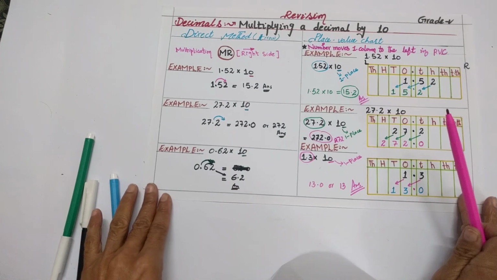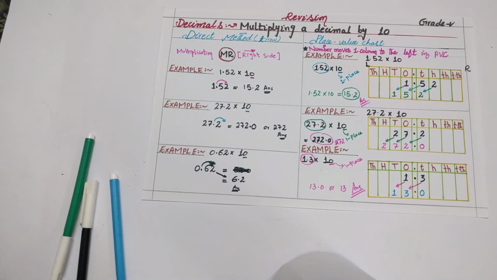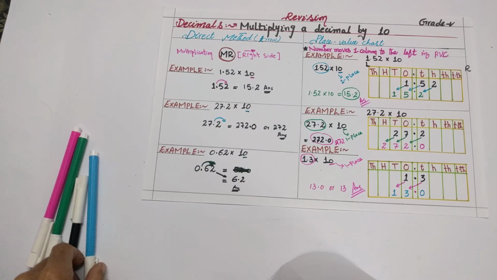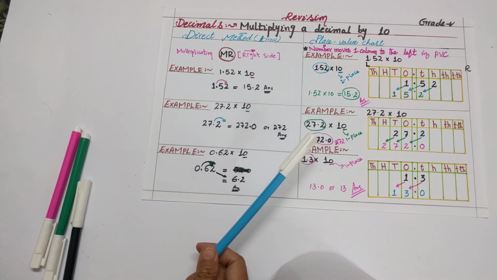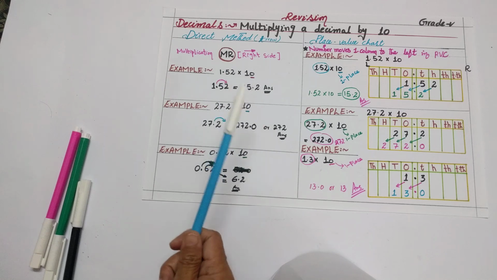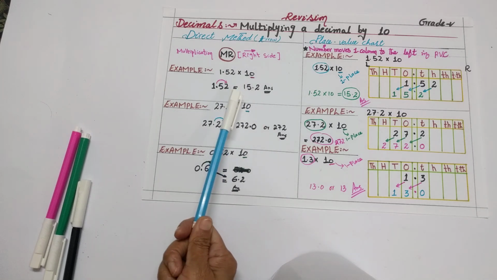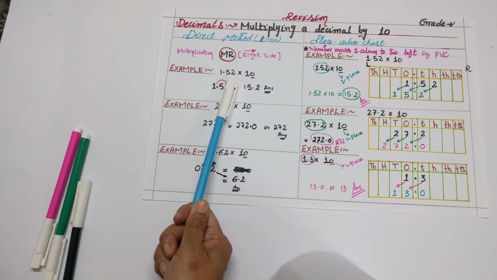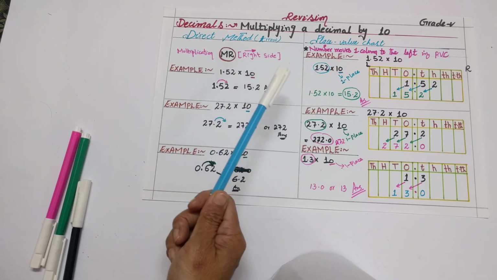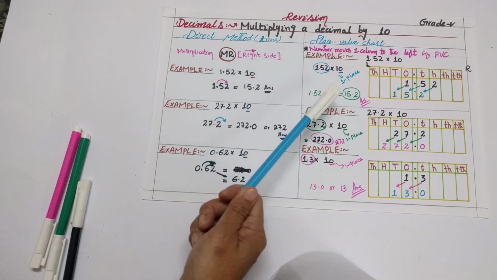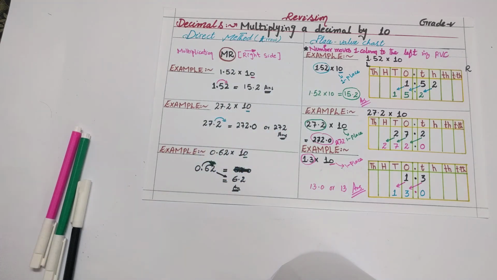Both methods should now be clear in your mind, and along with this lecture one assignment will be attached. You have to solve that assignment by use of both methods. You will follow both methods in the given assignment. By the same method, firstly you will attempt the given numbers, and you will also draw the place value chart for the same number. So each part will be solved by use of both methods. Okay, thank you.